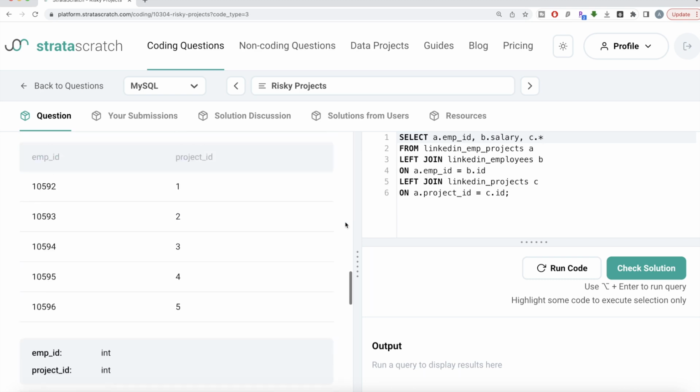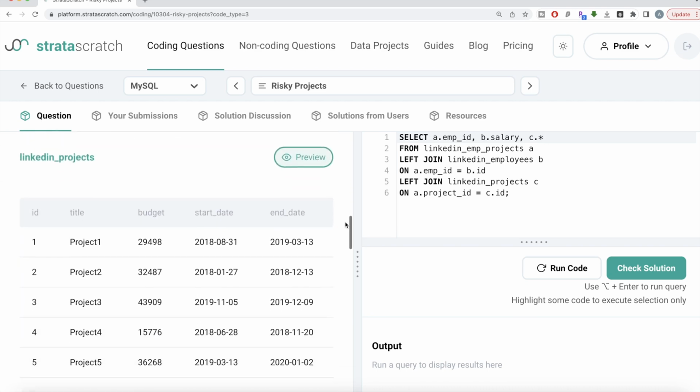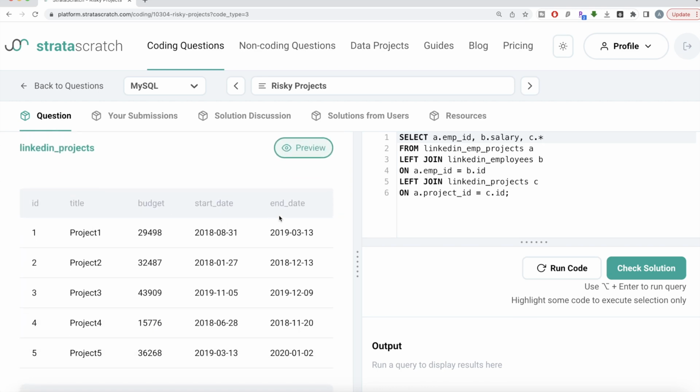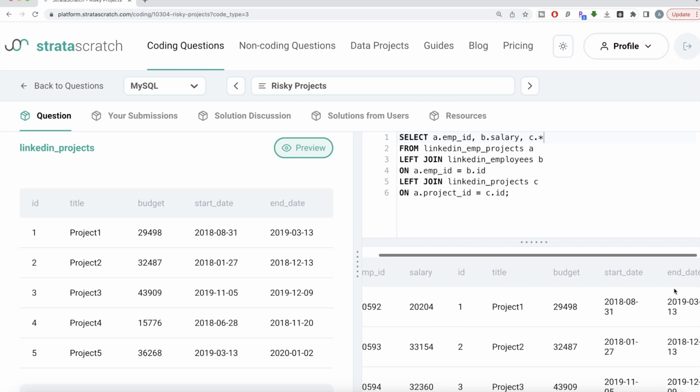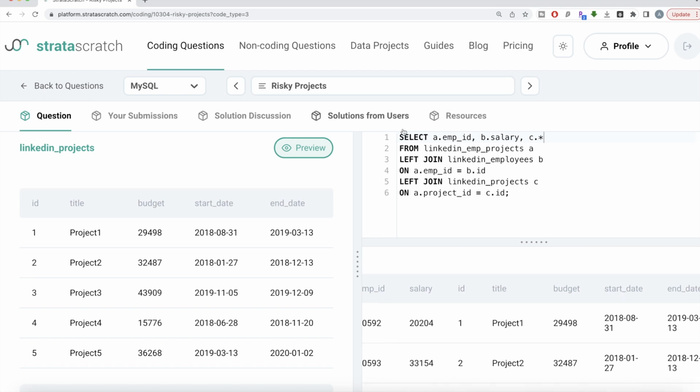Why? Because most of the things are relevant in this case. So you have ID, title, budget, start date, end date, so you need all that, right? Let me go ahead and run this. Let's see what we have. Okay, so employee ID, salary, this is the project ID, title, budget, start date, end date. Okay, so now once you have this, then what you can do is let's save this in a common table